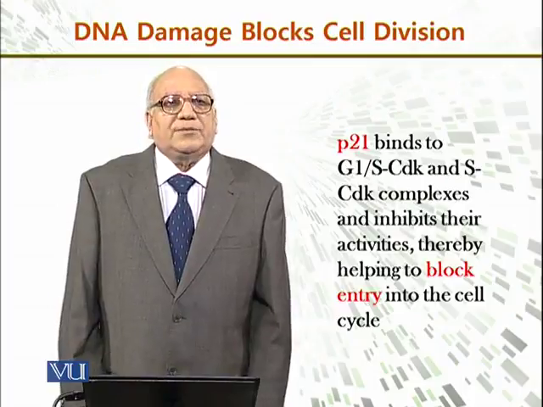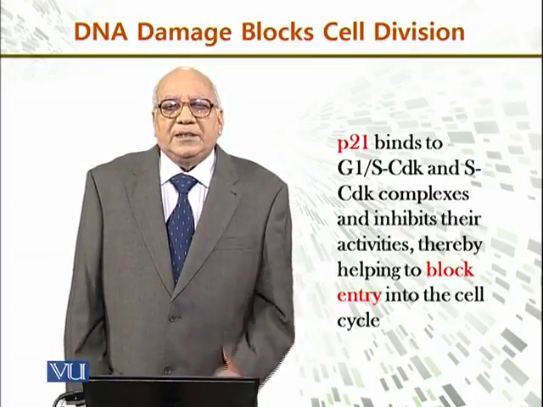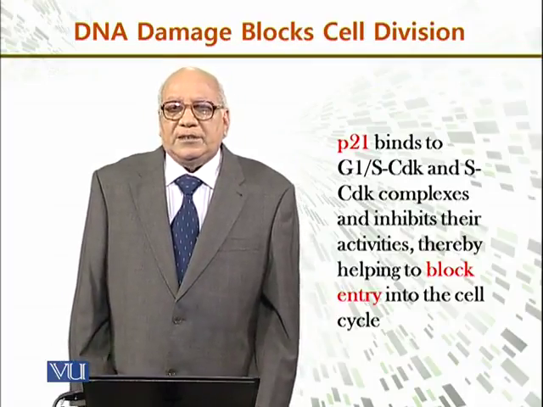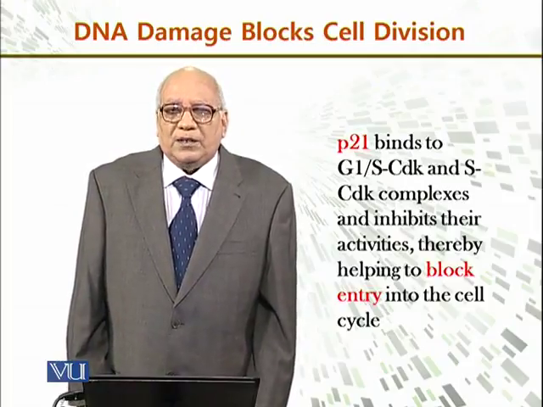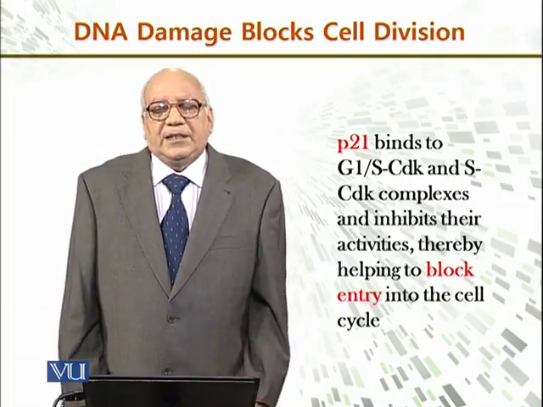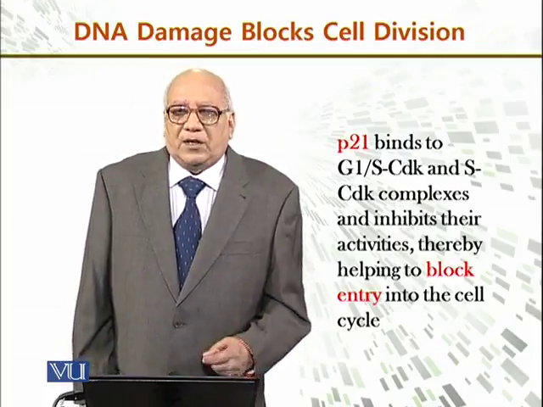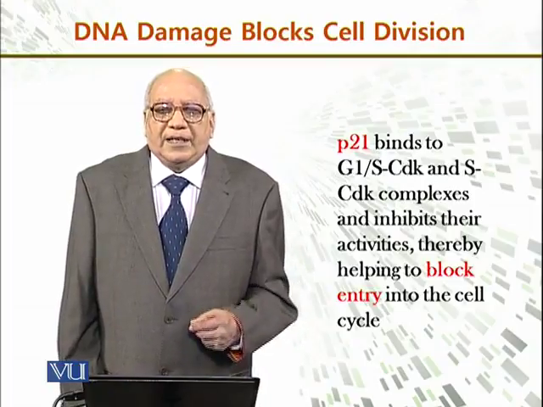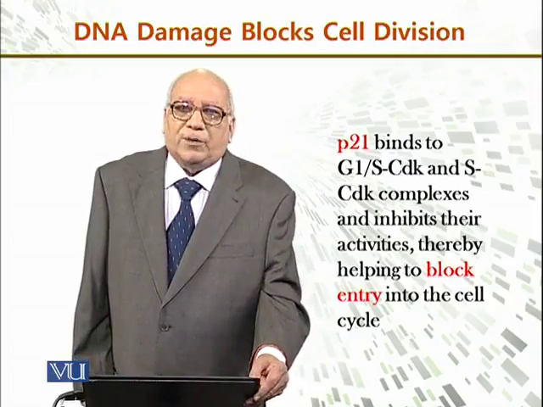P21 binds to G1/S-CDK and S-CDK complexes and inhibits their activities, thereby helping to block entry into the cell cycle. When these enzyme complexes are inhibited, entry into the cell cycle is stopped, thereby stopping